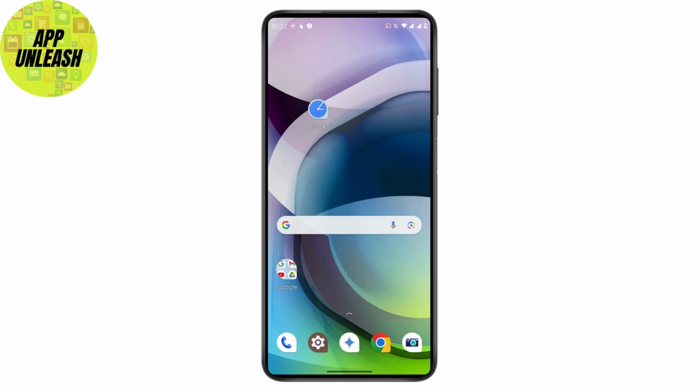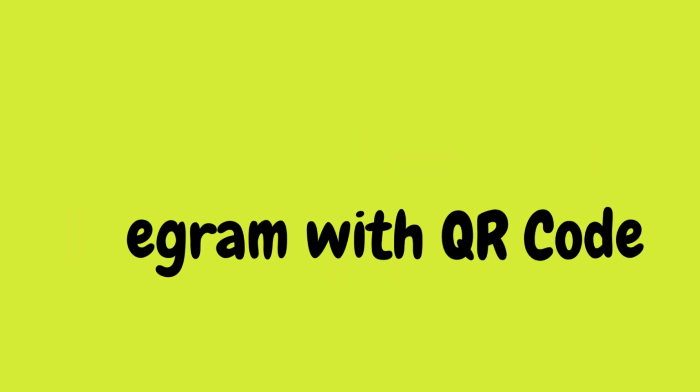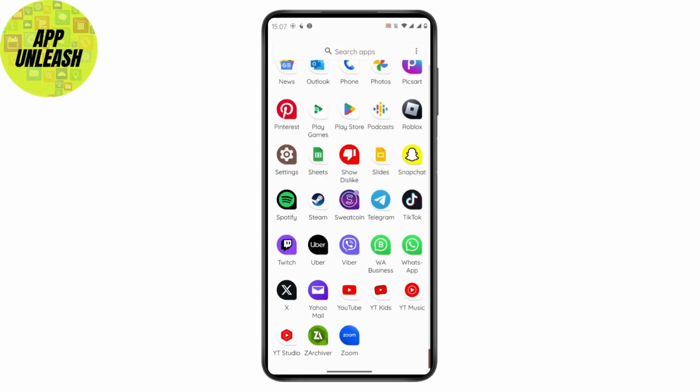Hello guys, welcome to our YouTube channel, and today we are going to learn how to add someone on Telegram with QR code in 2024. So let's get started. If you want to add someone with your QR code on your Telegram,